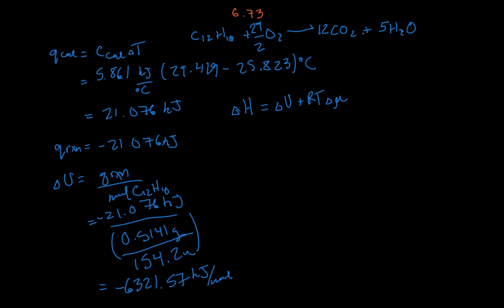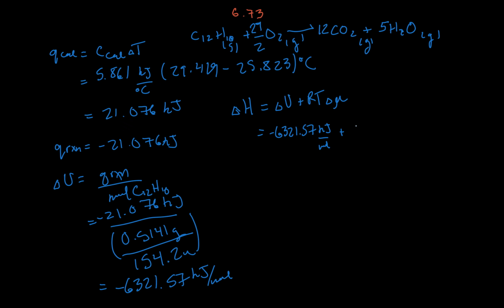All right, so that means that because these here are both gas values, sorry, the state matters a lot here. That is a gas value. This here is a solid. We're going to be subtracting the products, which means we've got 17 moles minus 29 over 2. So this is going to be equal to negative 6321.57 kilojoules per mole,